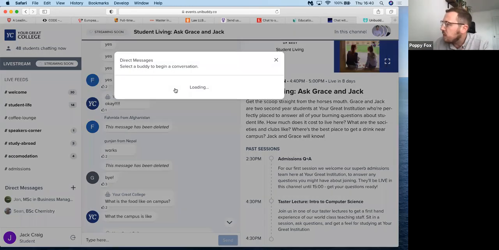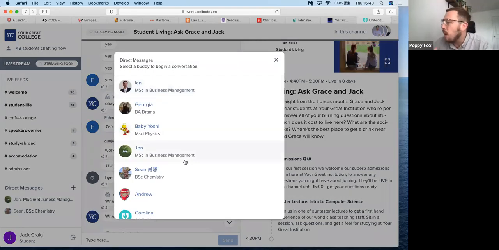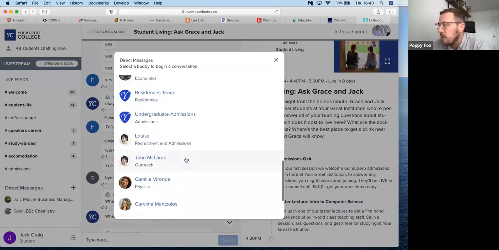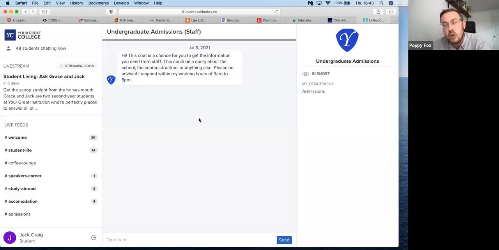And also some of these conversations aren't going to be fit for public consumption. If we take the admissions example and someone has a question about their specific application, they could have a private conversation during the event with a member of admissions staff, and get some more information about the progress of that application. So as you can see, there's a lot of the core functionality of standard webinar or streaming software, but we've customized this for higher education usage.